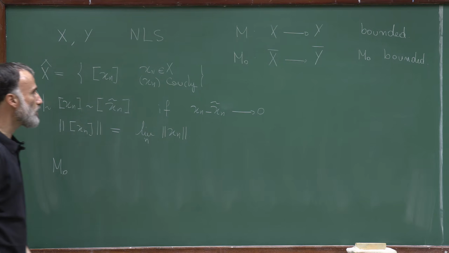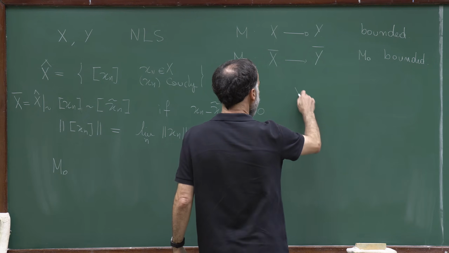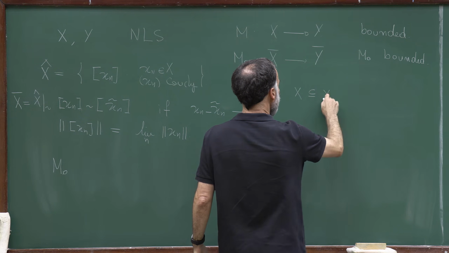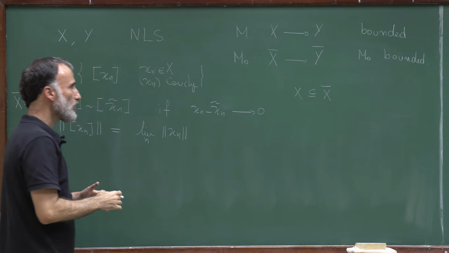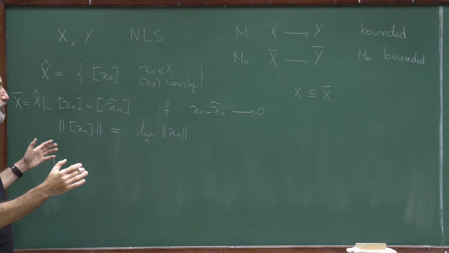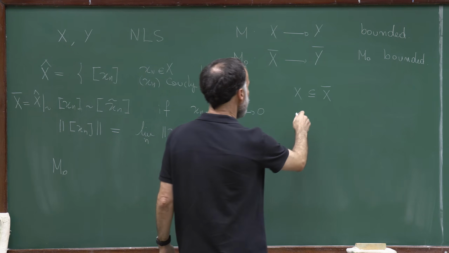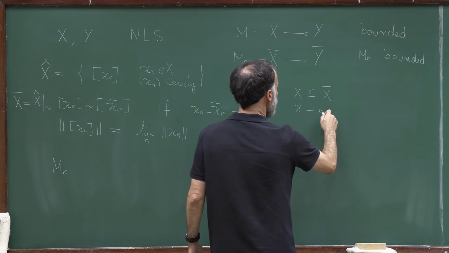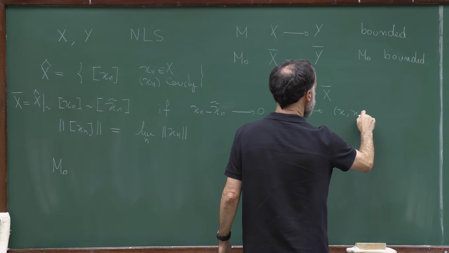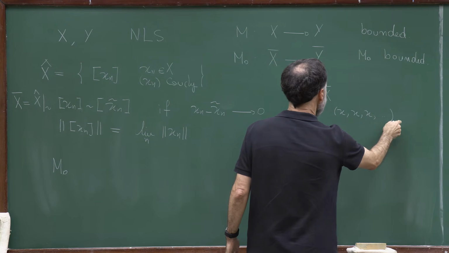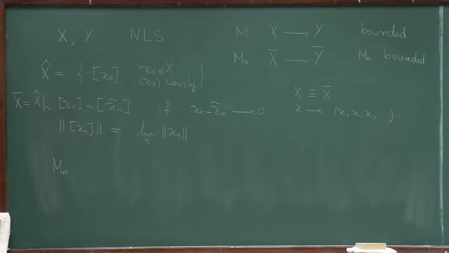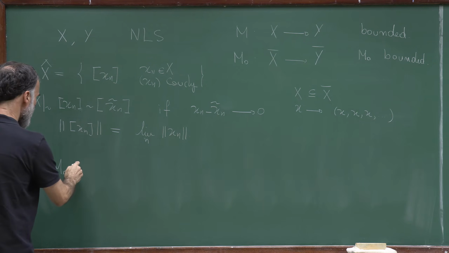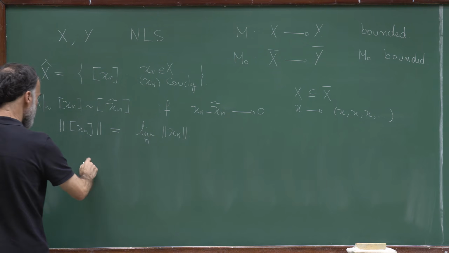Remember that, of course, I can embed X into X bar by just considering the elements of X bar which are sequences which are constant. So an element x of X is mapped to the sequence which is constant equal to x. So in this way, X bar, it's an extension of my space X. Now I want to define M0 on X bar